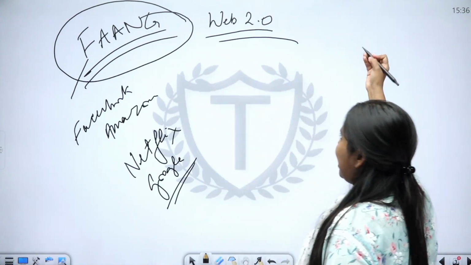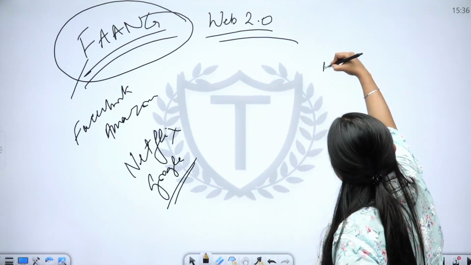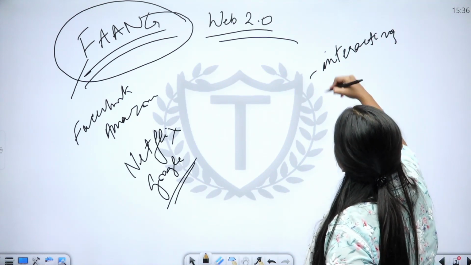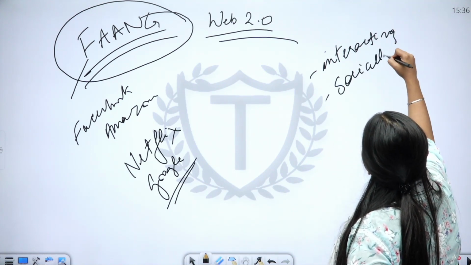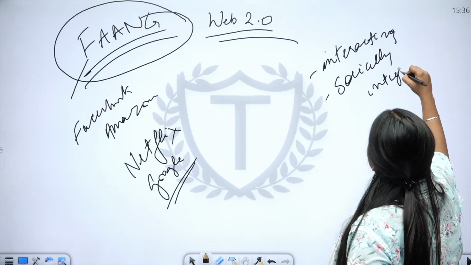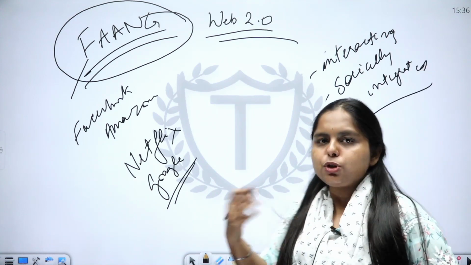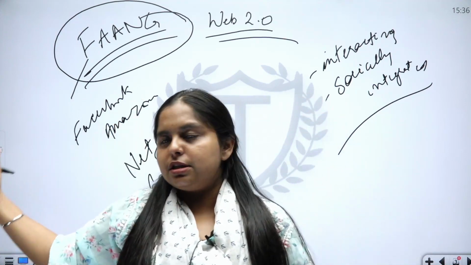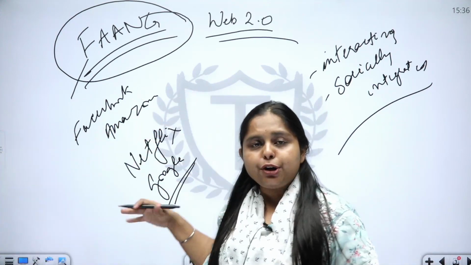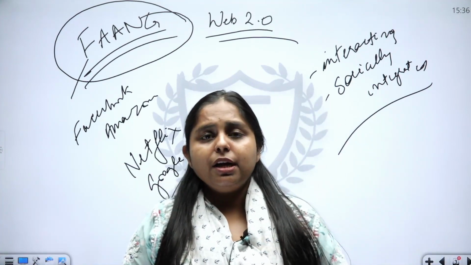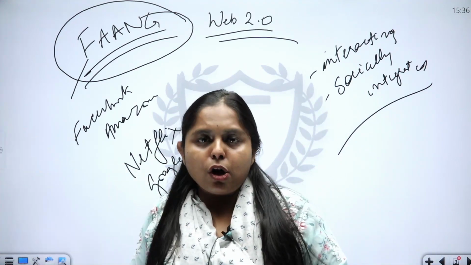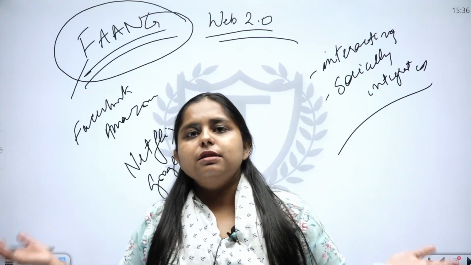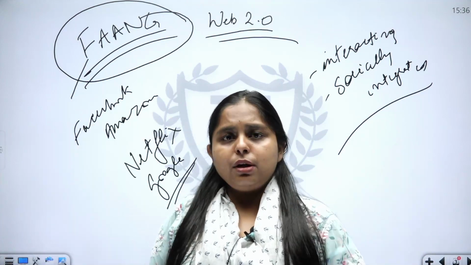So basically what happens in Web 2.0 is, it is an interactive and socially integrated web, which means all of us are posting, all of us are able to view whatever the other is posting. This is what is happening in this Web 2.0, the current version of web that we are using, we are able to view content across. Whatever I am putting from Tathastu office, you are able to see. This is the magic of Web 2.0.